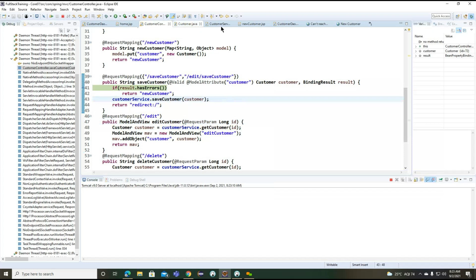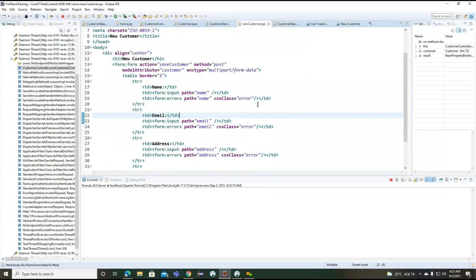Okay, so we'll try to change the information here. Now, what is the information we can change here? So the small tag is not an issue.